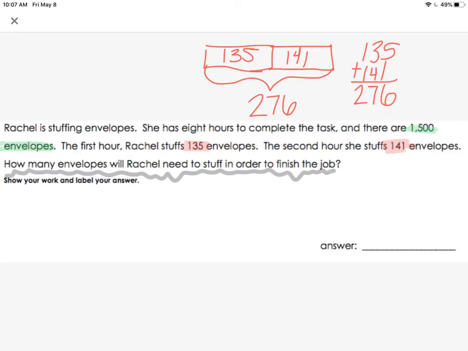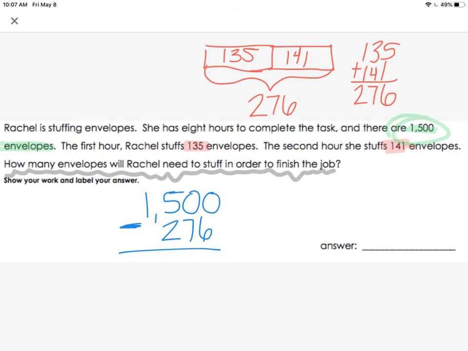But remember, she needs to stuff 1,500 envelopes. So we need to find the difference between what she's already done and what she needs to do. So if I'm looking for a difference, that tells me subtraction. So I'm going to start with what she started with. She started with 1,500 envelopes that needed to be filled. So far, she's taken away 276 of those envelopes. So by doing that subtraction problem, it'll tell us how many she still has left to